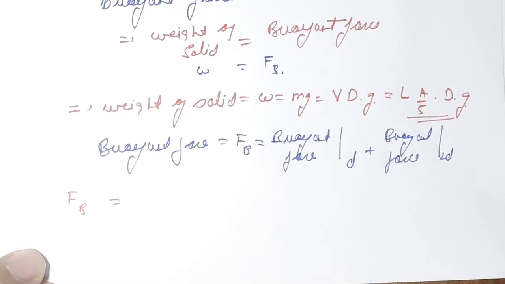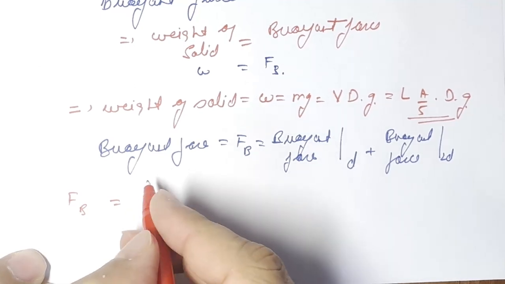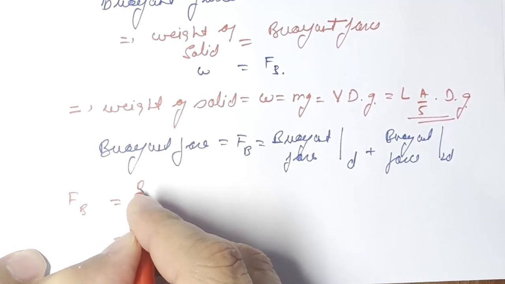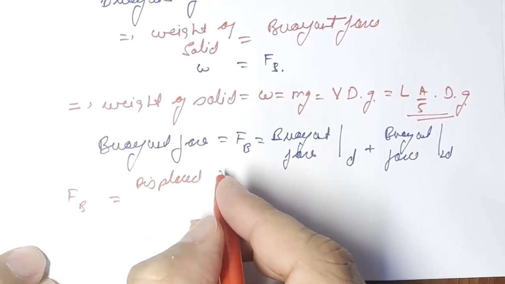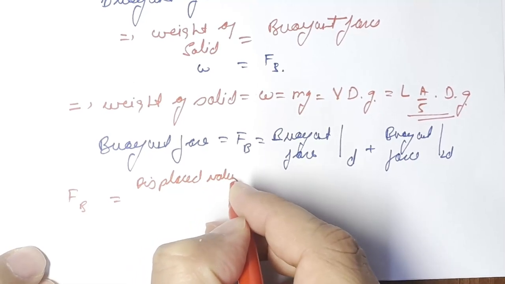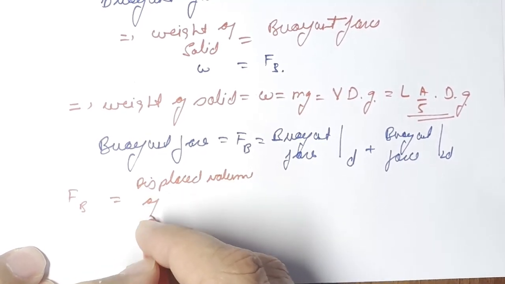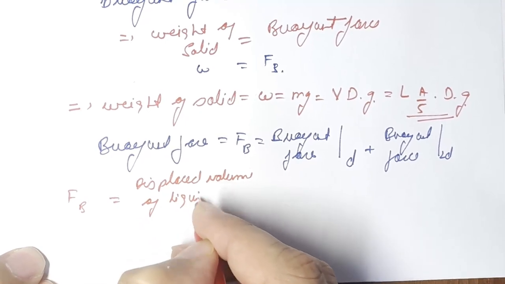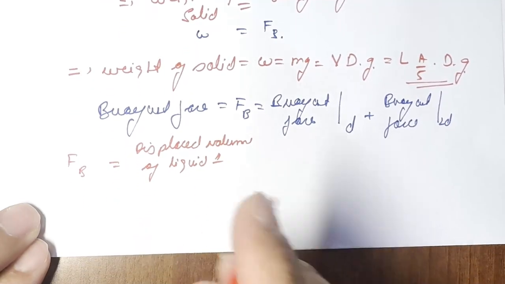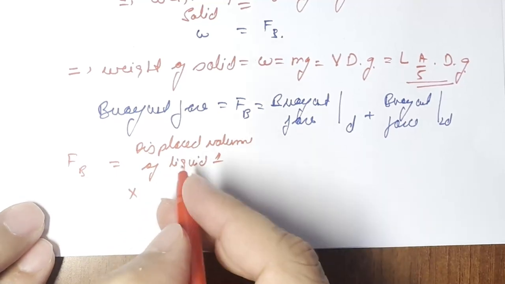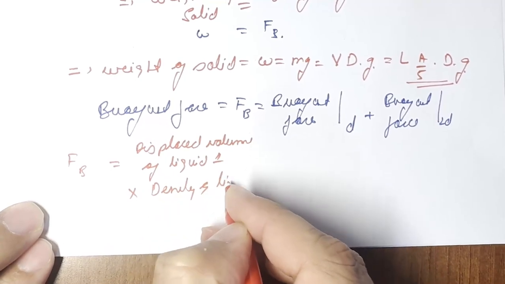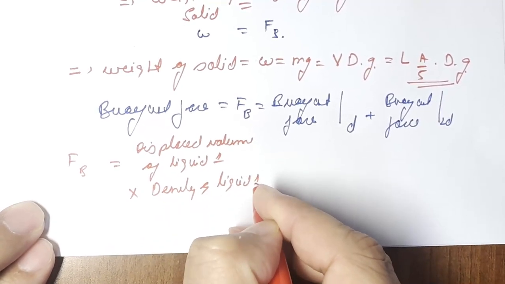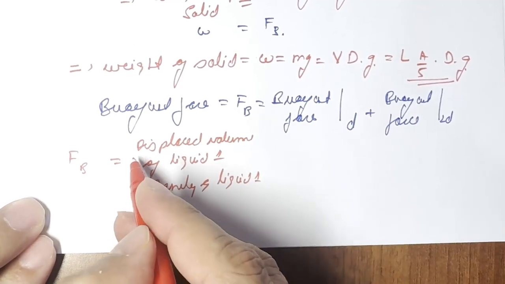Because buoyant force arises from the displaced volume of the two liquids. Okay, so we say displaced volume of liquid 1 multiplied by density of liquid 1 and multiplied by g